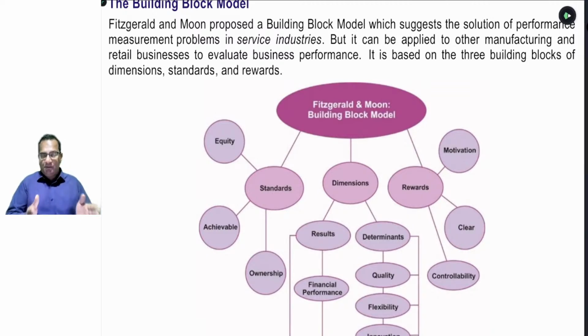Take a simple example, beta. If suppose there is a T20 match going on, the first batting team has scored 180 runs. It's a challenge. It's not an easy target. It's a challenging target, but it can be achievable because in the past there are many instances that the chasing team has successfully chased the target of 180. It should be a challenging one.